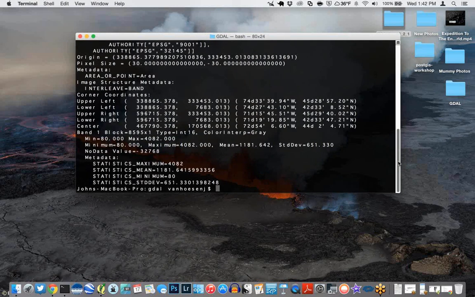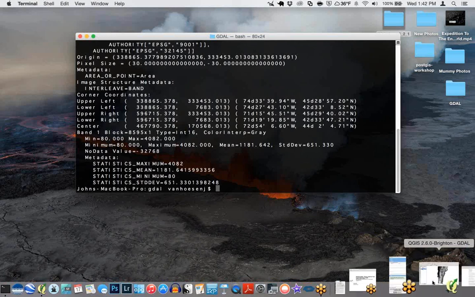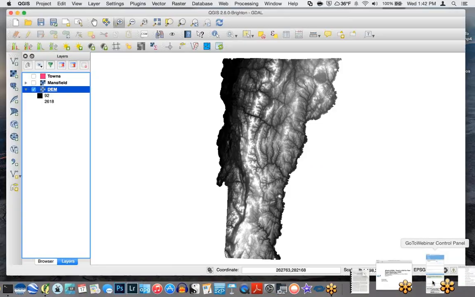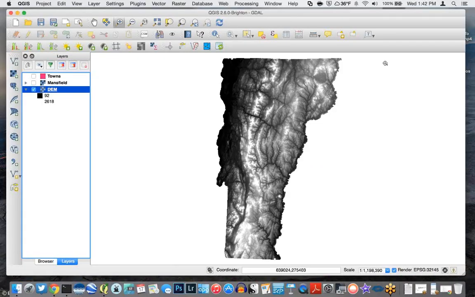So again, depending on what we're trying to accomplish, it may actually be faster to go that route of copying and pasting than opening up the full-blown GUI. I won't harp on this too much. All right, so